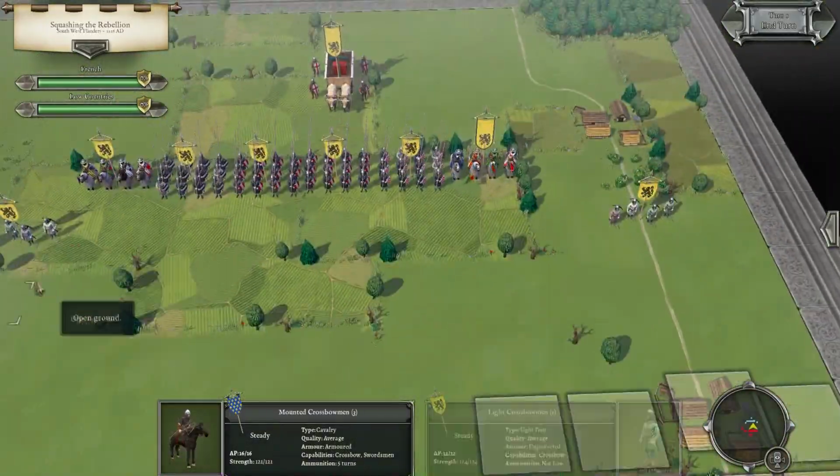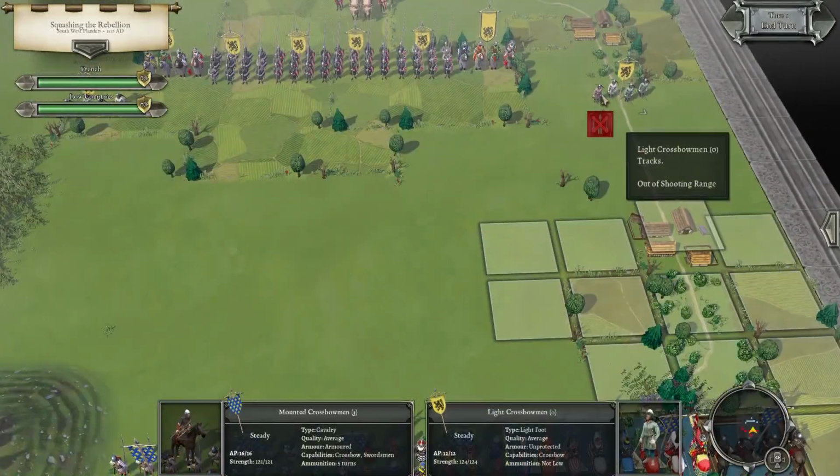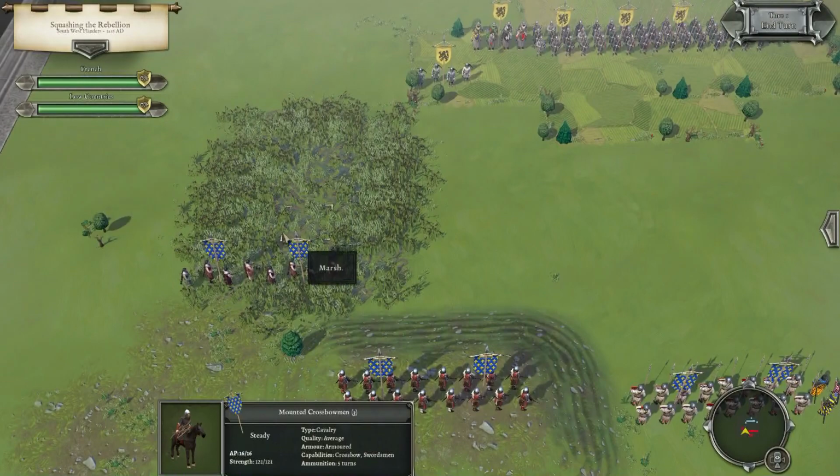So they're all coming down the centre. We've got some nice knights on this side, and they've got some crossbowmen. So I think we're going to just,